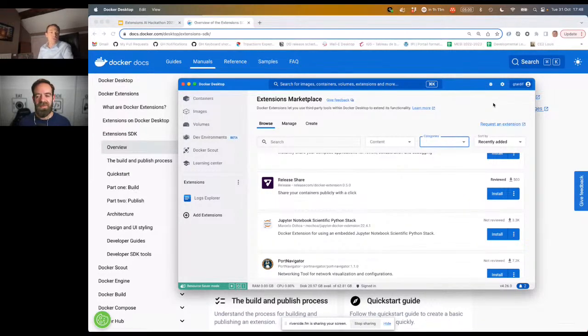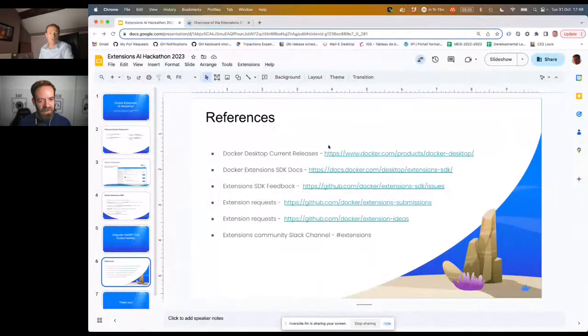I have a few reference links, so you can just get started by downloading Docker Desktop if you haven't already on your machine. Everything is included in Docker Desktop to both run extensions and also develop them. So the extension CLI you are using, Lucas, is packaged with Docker Desktop. You can start coding with just Docker Desktop installed on your machine. Go to the SDK docs that we are just mentioning to learn about how to create your own extension, what the syntax is for the various API calls, etc.